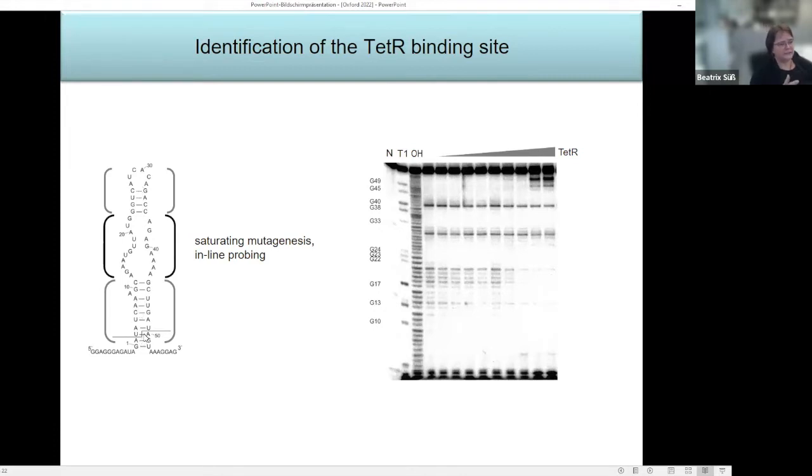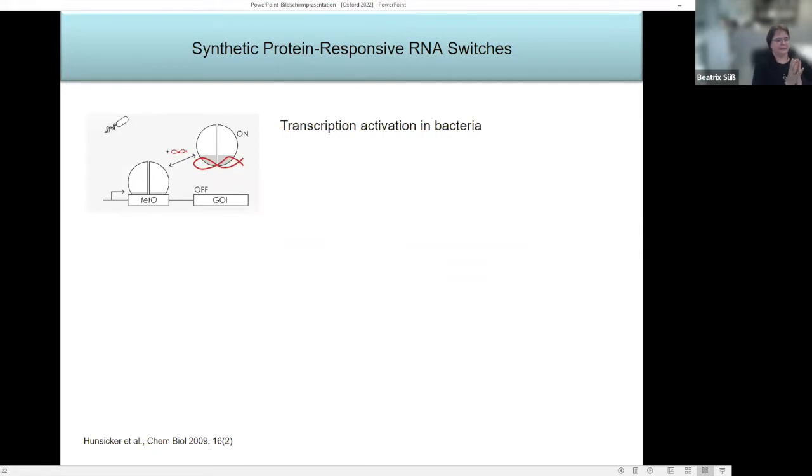So these helices are a kind of scaffold for our RNA aptamer, and the binding site for the protein is here in the middle. Good. Then we thought, okay, it really worked nice in bacteria. We could here, as shown, nicely activate gene expression. So we had an alternative activator for TET-R,